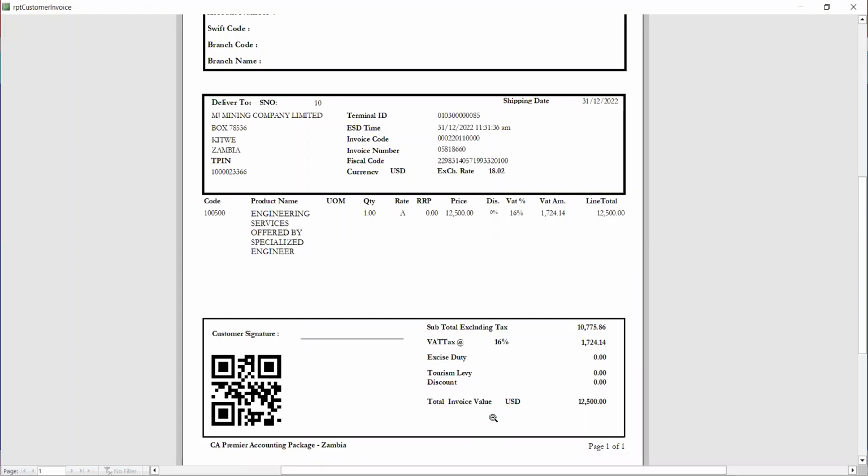So this software doesn't mean that you can only sell in US dollars. It can be in pounds, South African rands, Zambian kwacha, any currency. You can use it depending on the situation. The customer might say, no, you can generate your invoice in rands.